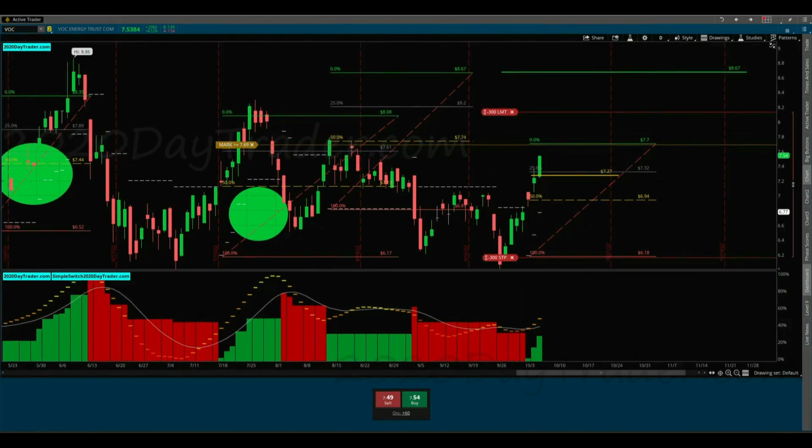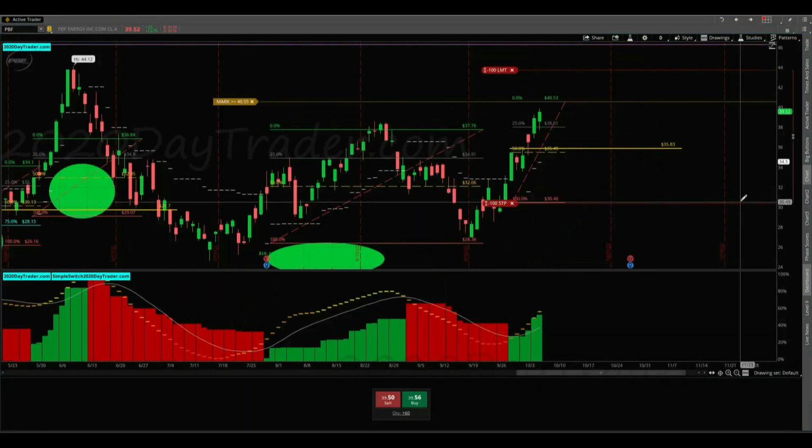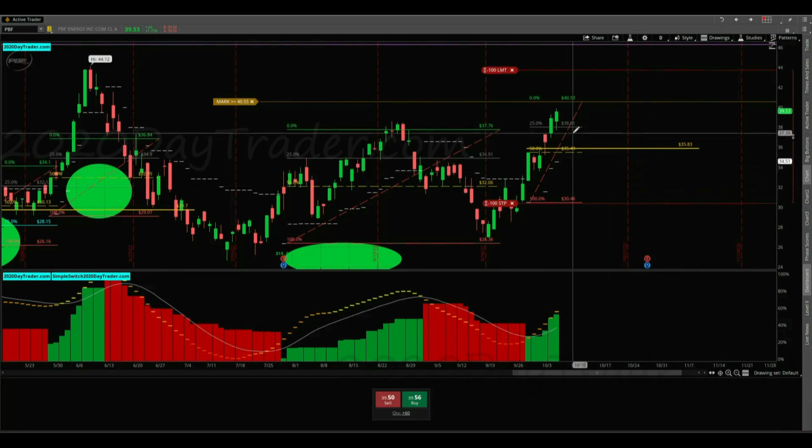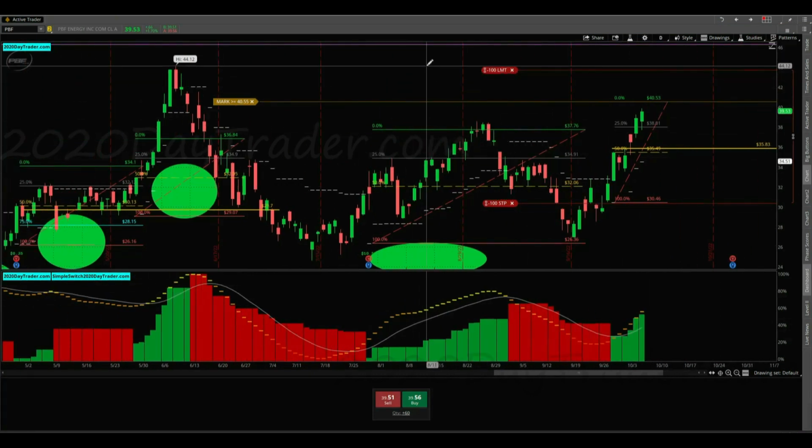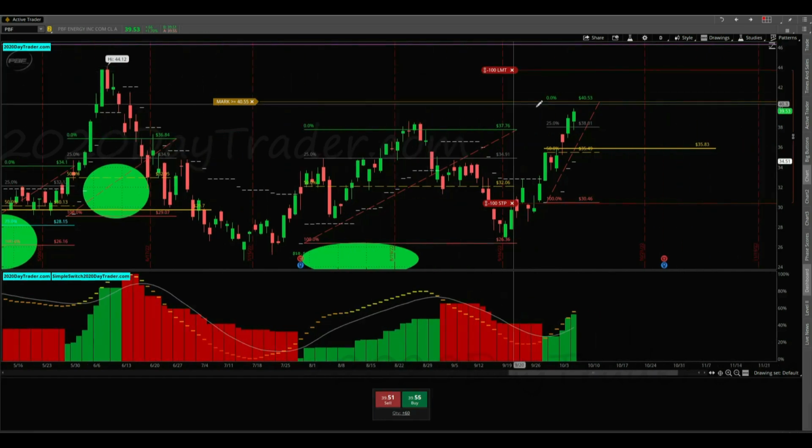Okay, so that's VOC, XOM we looked at, PBF, the next energy one. So right here is the target. I did the same thing because fundamentals look like we're going to be going for a run higher. But I do have my alert in when I get to the target so that I can then move my stop up to that target. And then, if it backs up, I get stopped out. I'll move my limit order up to where I want it to be, up above 44. But I'll have my stop in at least at the target.